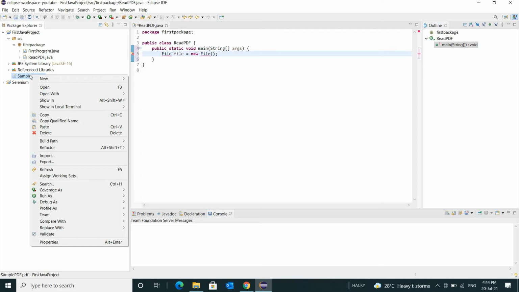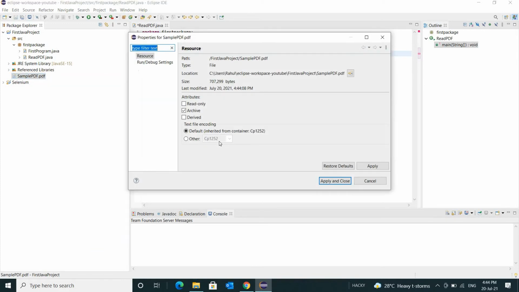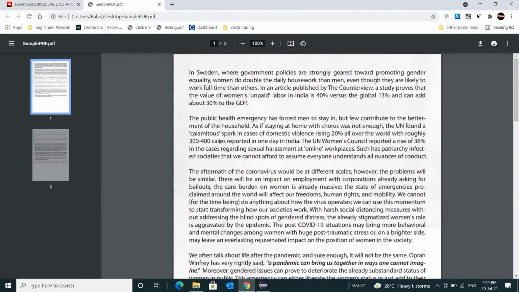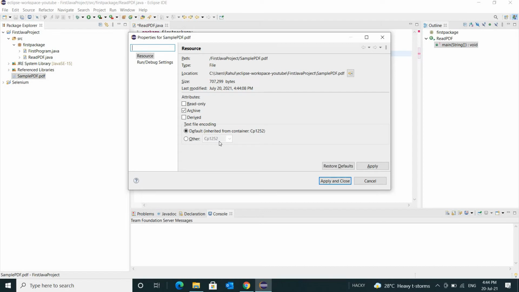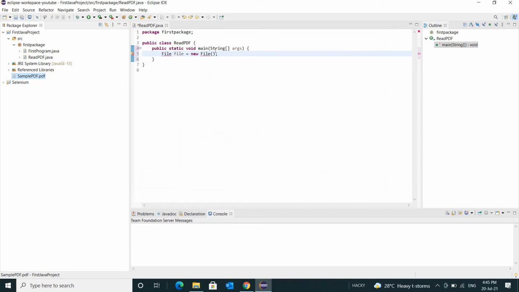To get the location, we will right click on this file, then go to Properties, then copy this location, then paste this location in double inverted commas.